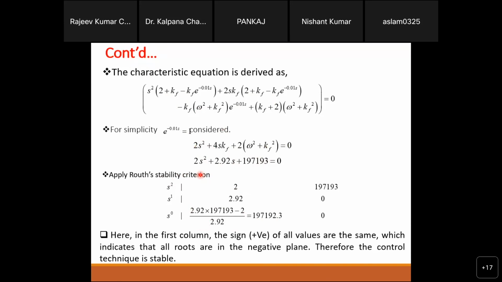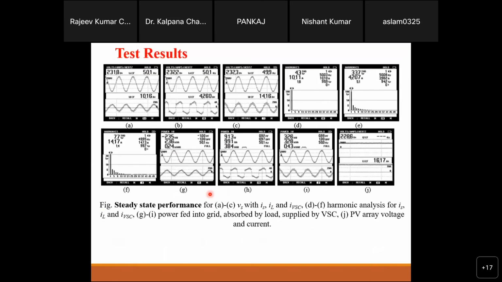So if I'm going to choose positive, if you use the root orbis here, then you will see in this column so many k terms will come. So if so many k terms will come, then we can choose a value of k so that all these values will be positive. So through this way we can choose our kf value in that manner, right? So this is the basics of the parameter selection.